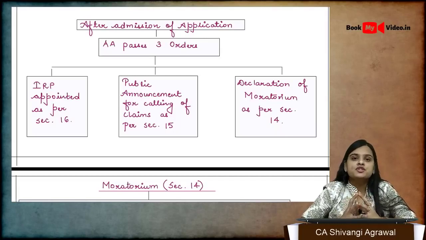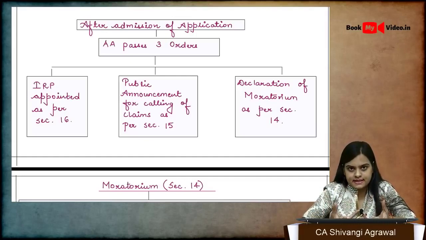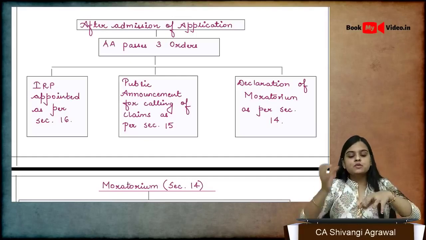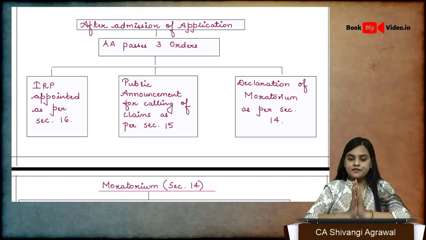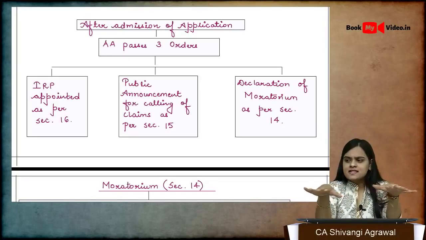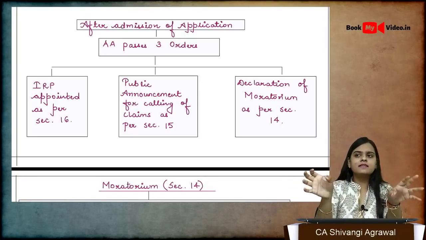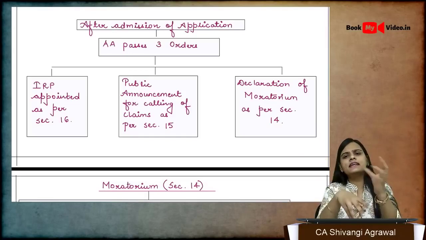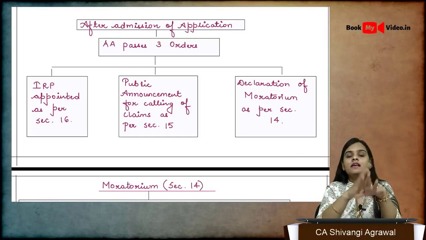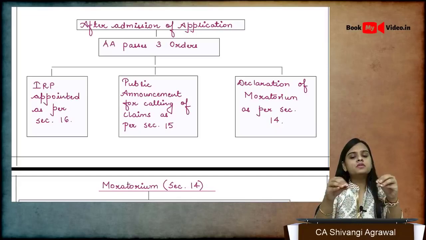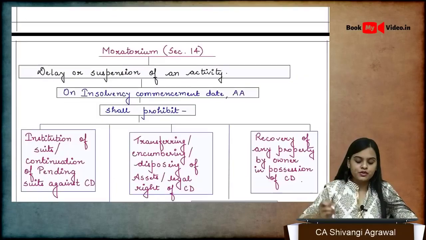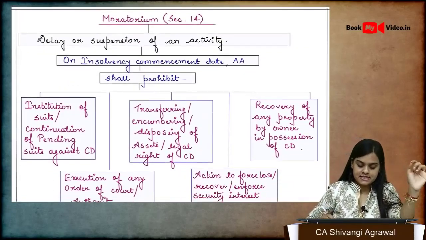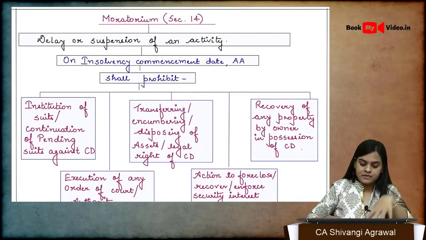What do we mean by moratorium? Moratorium means suspension of certain things. Supposedly, I am trying to resolve certain things, and at the same time more issues are popping up. It will be difficult to resolve. Likewise, if I'm trying to settle the disputes between the creditors and the debtors, but some creditors are again filing cases against these people, it will be impossible to resolve. So that is the suspension of these things, which is moratorium, covered under Section 14, which tells us that on the insolvency commencement date,